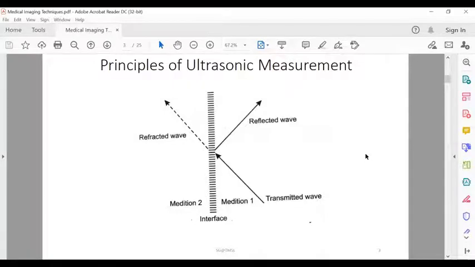So this reflected energy is dependent on the difference of densities between the two media and the angle at which the transmitted beam hits the medium. The higher the difference in media, the higher the reflection. And if the angle of incidence between the beam and the interface is closer to 90 degrees, the reflected portion would be more. And if the media difference is high,